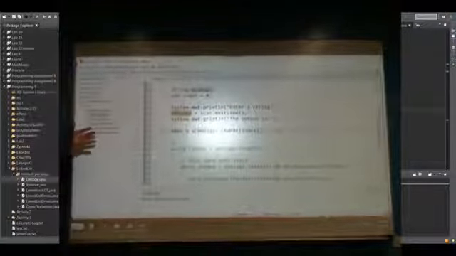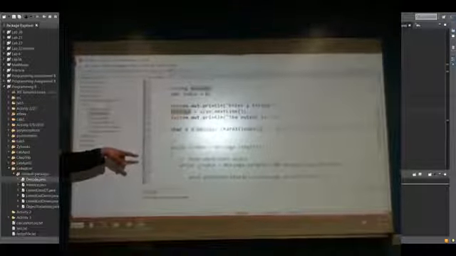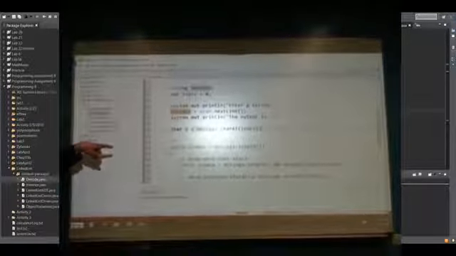So caret is simply a way of getting the character at a certain index in our string. So let's find what we have. So this is where it's looking for